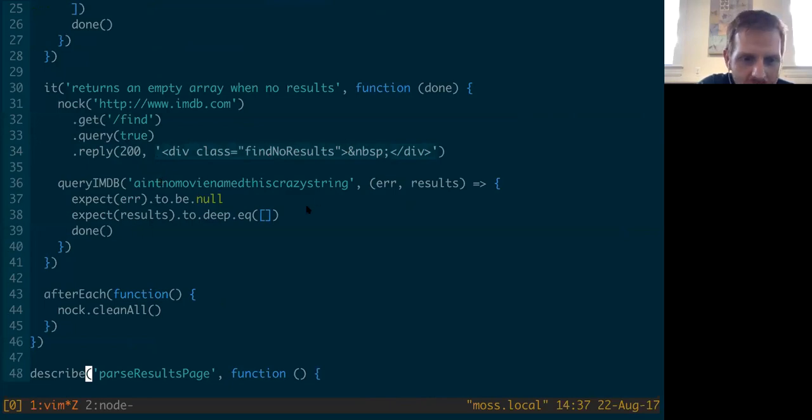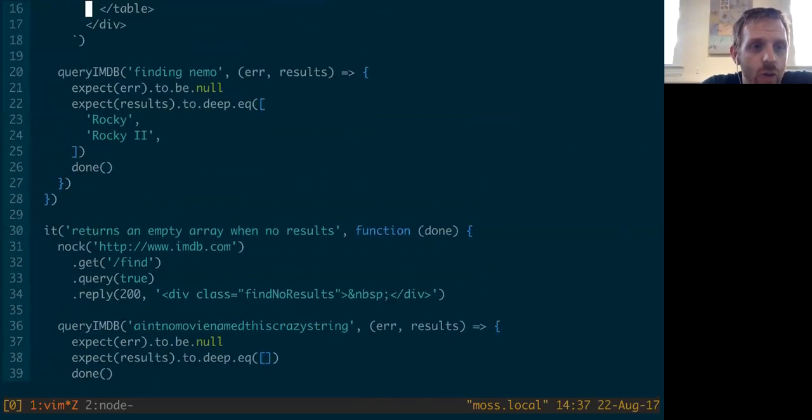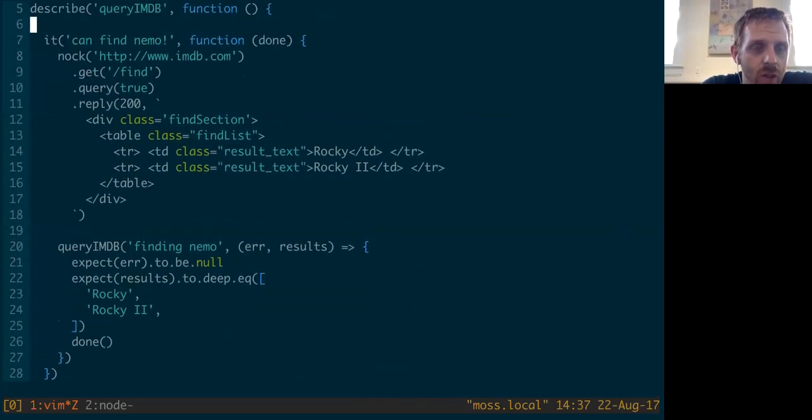And so I'm testing in that case that I get just an empty array and not any sort of errors. The catch, the thing you'll get hung up on with nock, is that nock registers these interceptors, it shuts down your ability to send out requests over the internet. It's registered these interceptors for certain URLs, and that stays around unless you explicitly tell it, okay, now please stop intercepting HTTP requests and reset everything